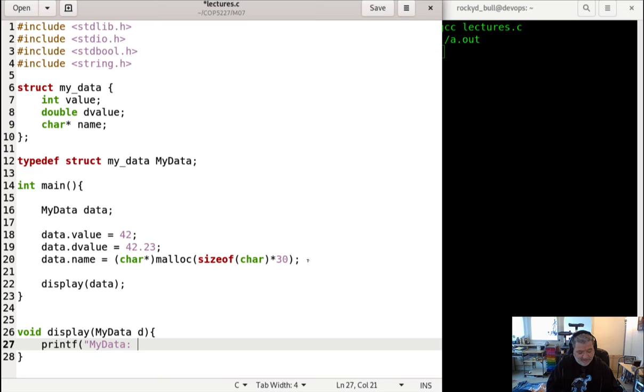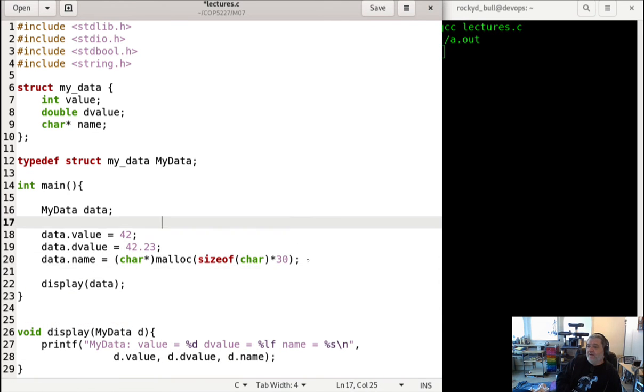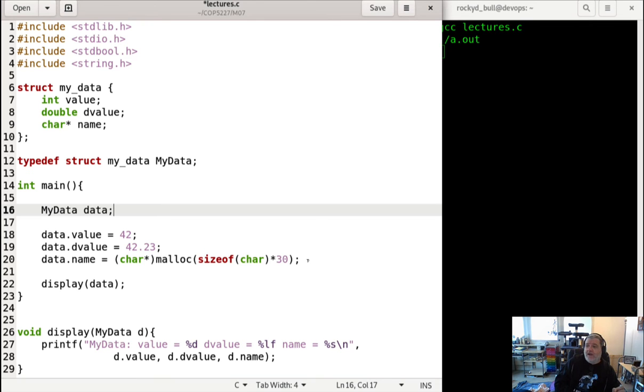Okay, so I'm going to display the value equal %D, D value equal %LF, and name equal %S. And then go to the next slide. And now I'm going to fill in the blanks, right? So D.value, D.value, D.name. So every time I want to display one object that is my data, pretty much, I'm going to call